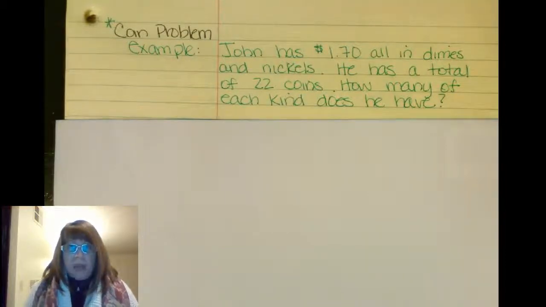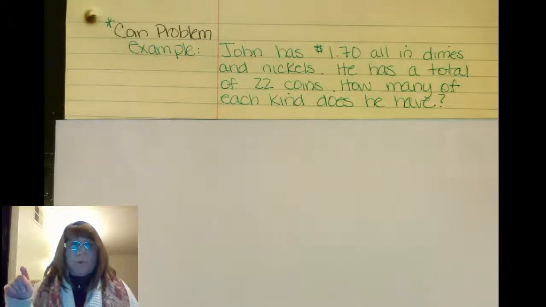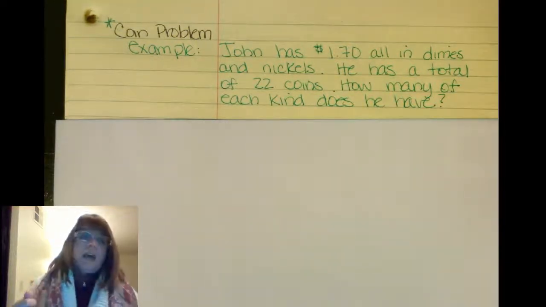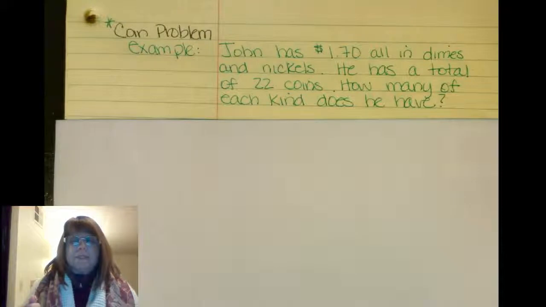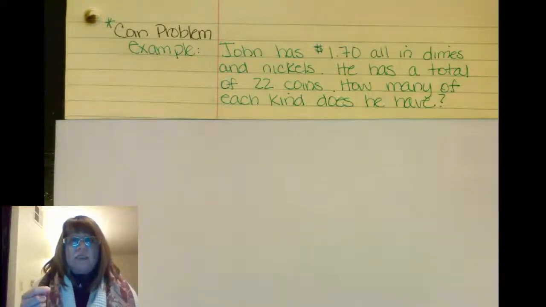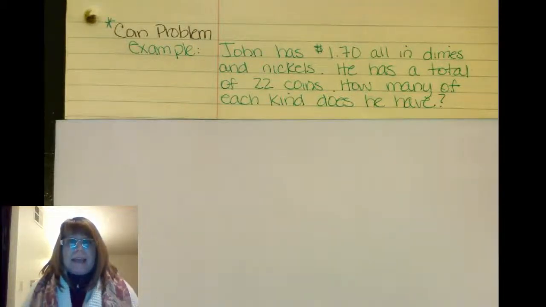Hicks' problem. I know that I have two types of coins and they add up to 22. So maybe it's X for dimes and Y for nickels, and then that adds up to 22. And then the value of a dime times the number of dimes, plus the value of a nickel times the number of nickels, is going to give you the total amount of money that you have. So you can take it from there, set up your system, solve for your variables, and turn that in the